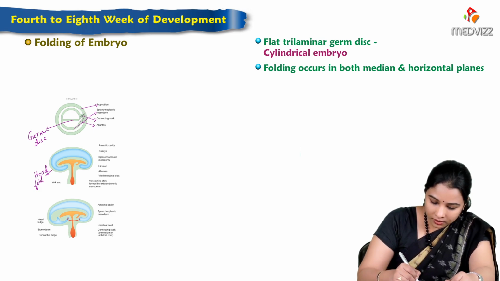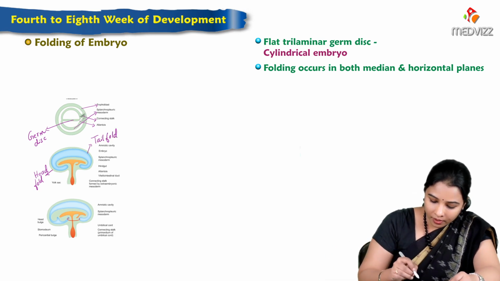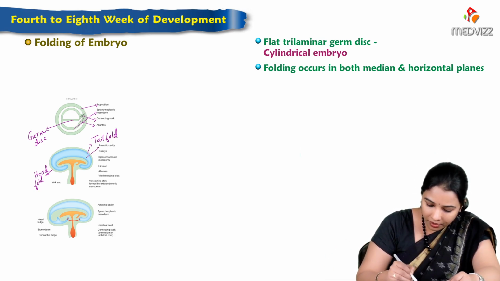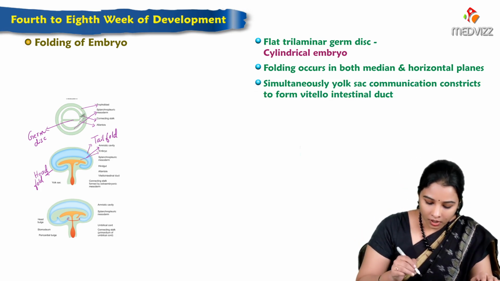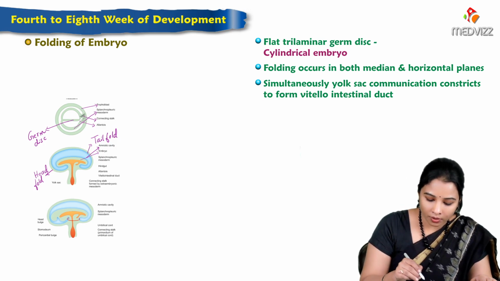The other side is the tail fold of the embryo. And we can label here, this is the amniotic cavity, and here is the developing embryo. And because of this head and tail fold, what happens? The yolk sac partly gets absorbed into the developing embryo,